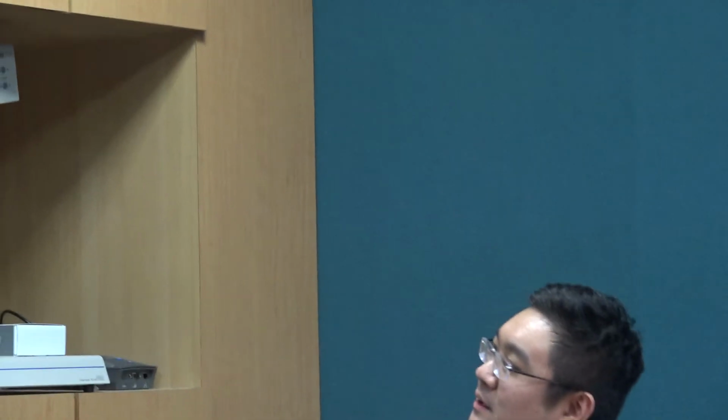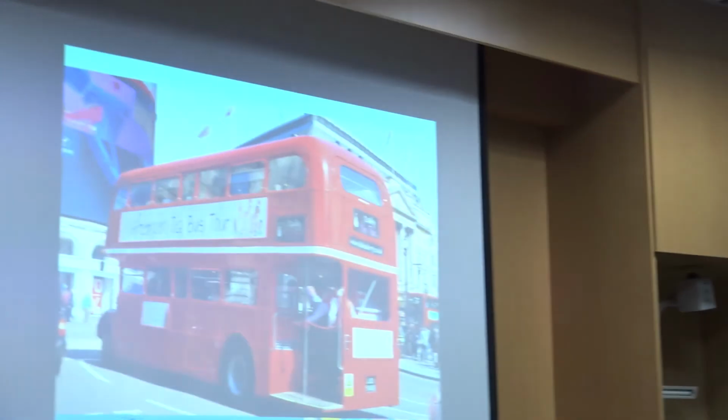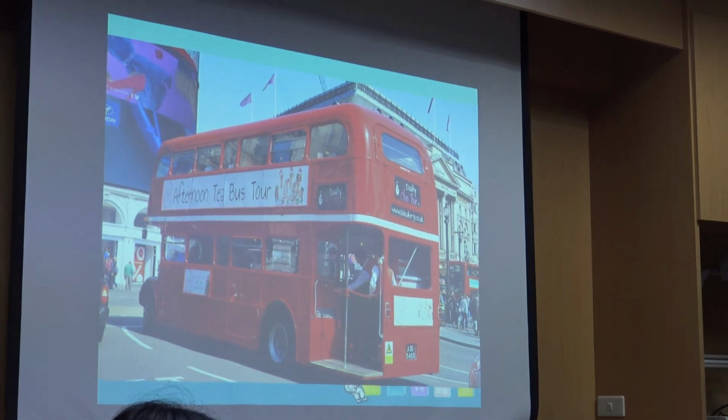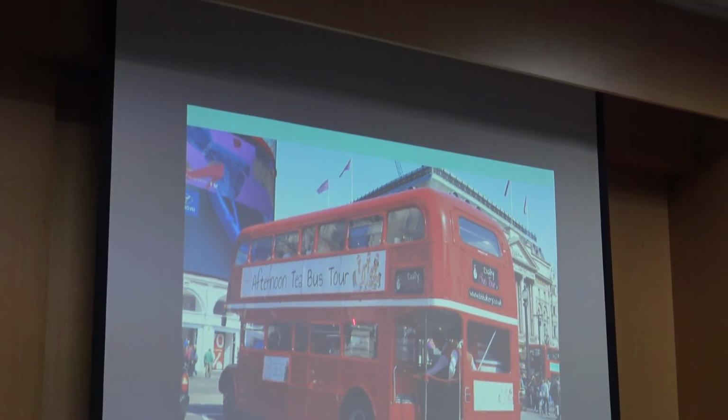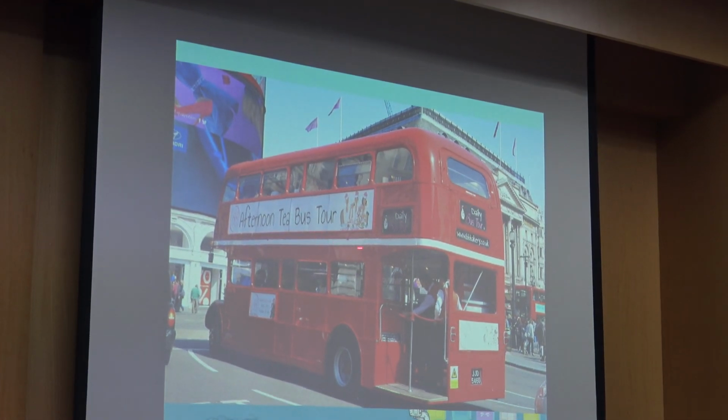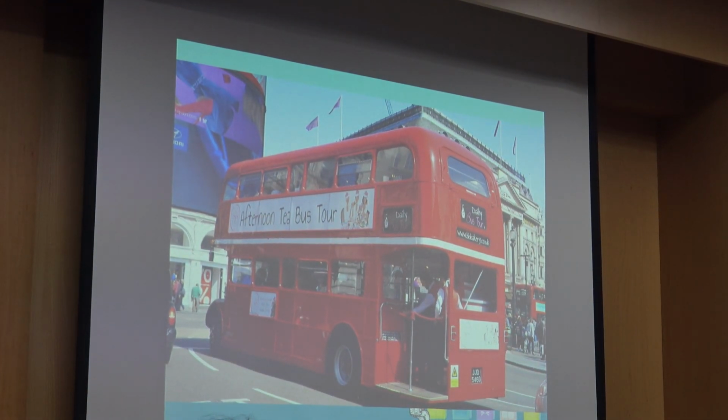Okay, so this is on the street. This is, I believe, close to Regent Street. And I believe this is called Trafalgar Square. And this is the afternoon tea bus tour. Now this tells us